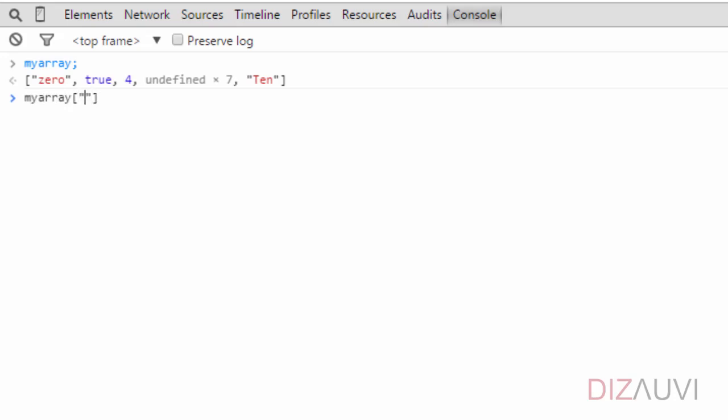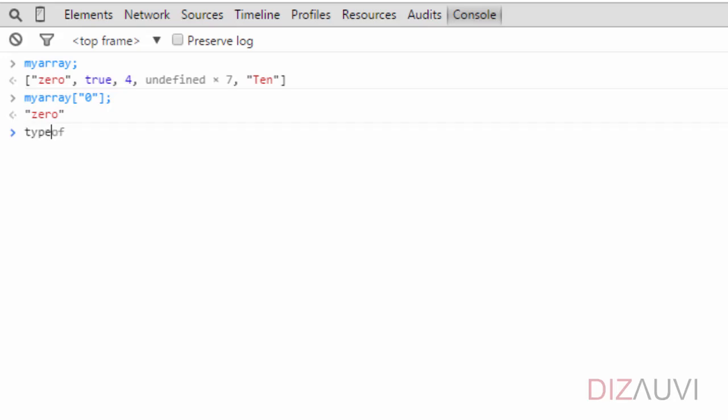Here we use the numeric index value as a string and then access it as a property in the myArray object. If you recall, this was one of the ways of accessing property values in objects, right? So essentially, it's just an object and JavaScript provides a syntactic sugar to give it an array-like appearance.